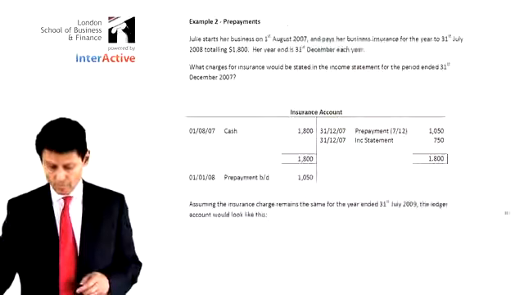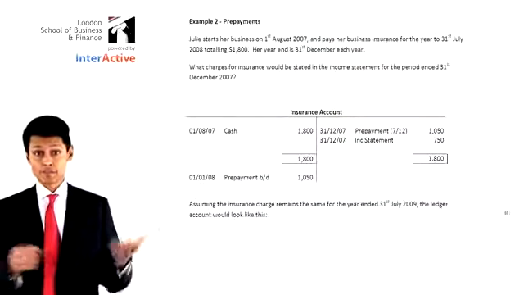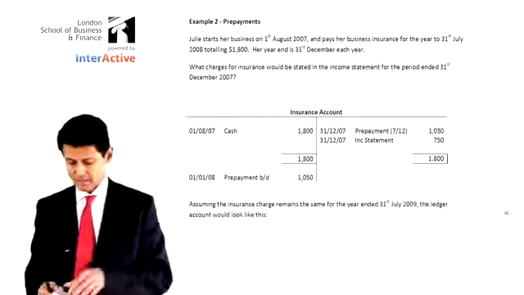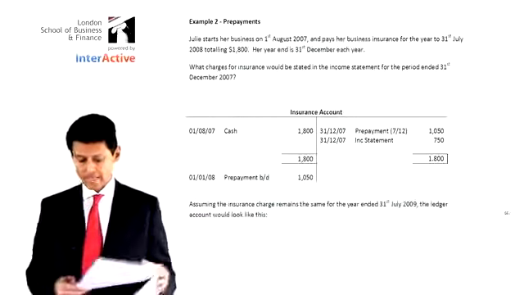Now, what I'd like very much to do is to take you on to another little exercise in this sort of area. And for that, please, would you turn to your notes? We were saying earlier, the opposite of accruals, of course, are prepayments. So how do we deal with these prepayments? Someone called Julie